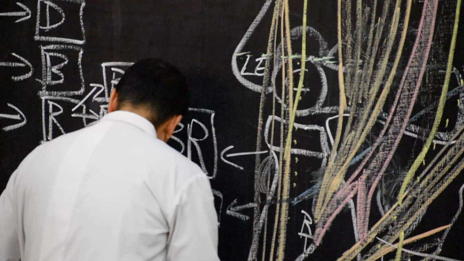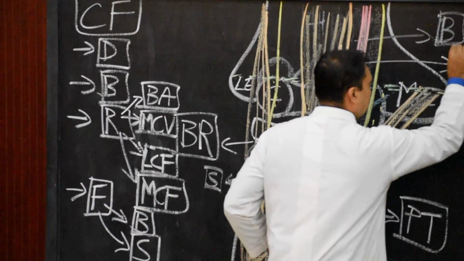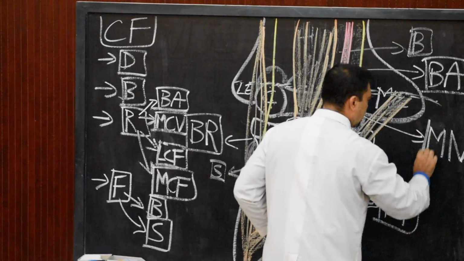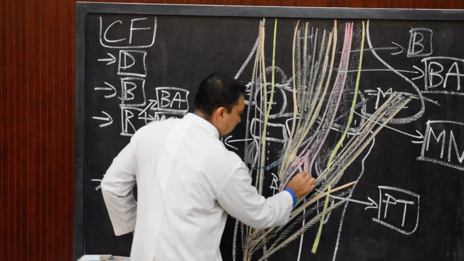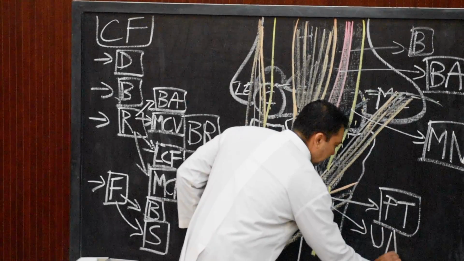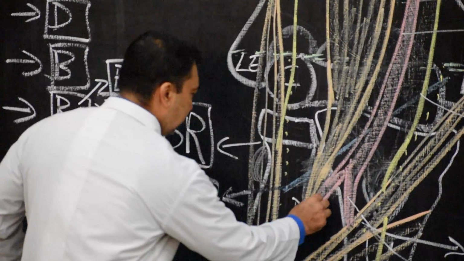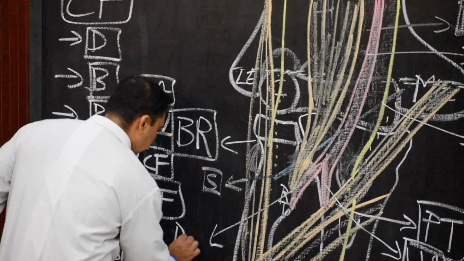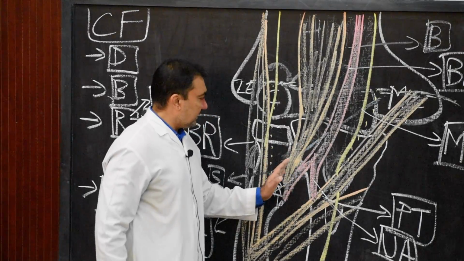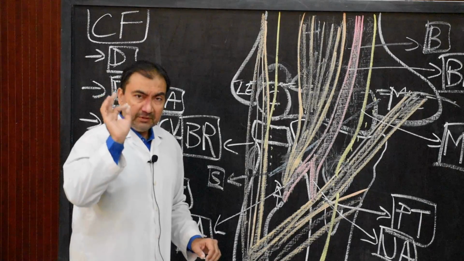So therefore, here, if I want to mark down, I will mark this as the brachial artery, and over here this as the median nerve, and over here I will mark this artery as the ulnar artery, and this artery over here as the radial artery. So therefore, the brachial artery will divide at the level of the neck of the radius into ulnar and radial. Just a few points of discussion.